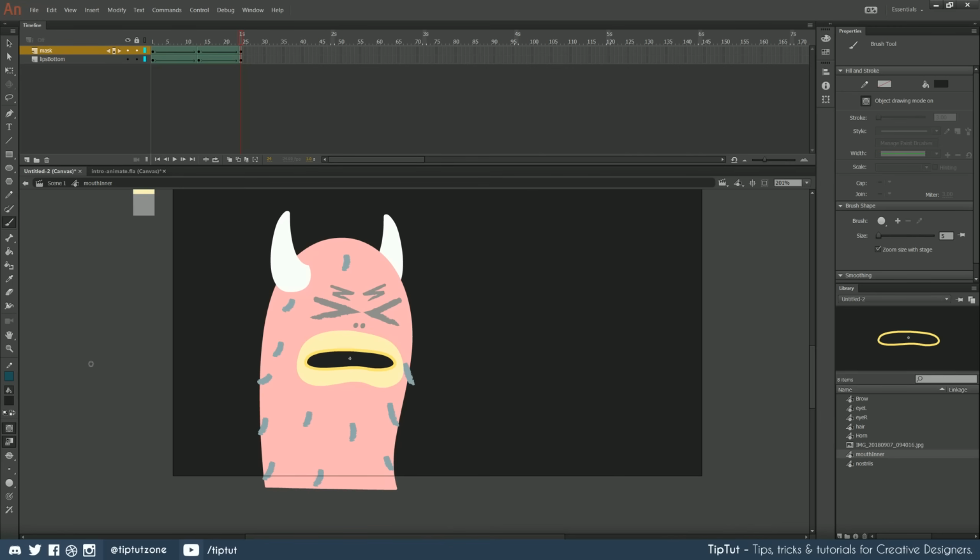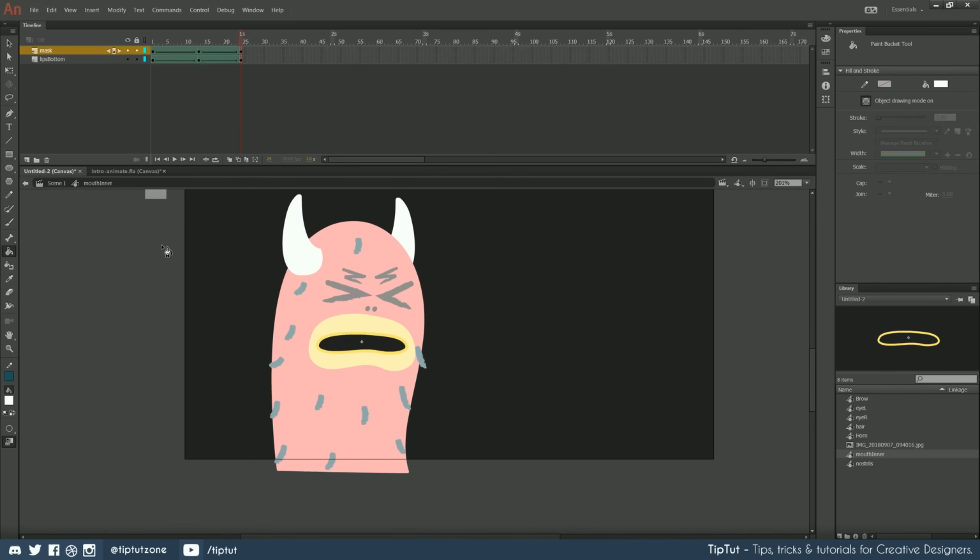I'm just going to grab my brush tool and should we give him spiky teeth or round teeth? I gave the other guy spiky teeth, but I feel like I gave the other guy round teeth, but I feel like this guy might need spiky teeth. Let's see what spiky teeth look like. I'm just going to roughly draw them because I like that kind of rough look to them. And I had object drawing on, so it's nice and solid. And just holding Alt and Shift, I'm going to copy these a few times. Let's have maybe 4 times, like so.